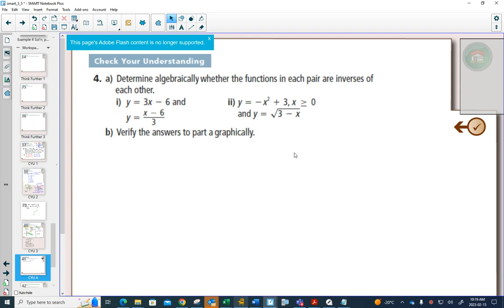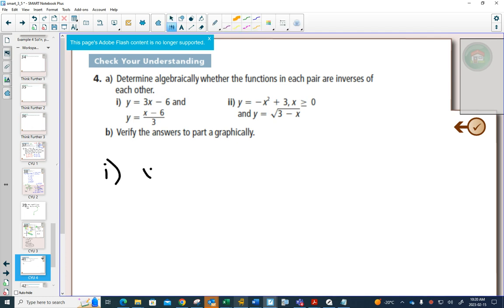So question 4 says determine algebraically. So when you see algebraically for inverse, you're thinking, I'm going to switch the x and the y and solve for y. Determine algebraically whether the functions are inverses or not. So in part